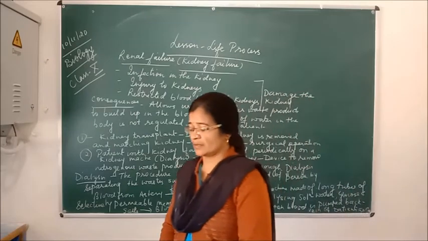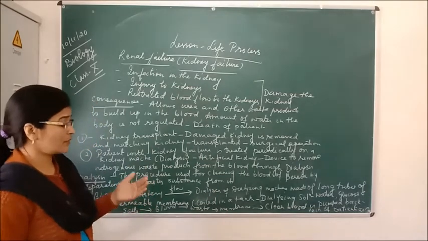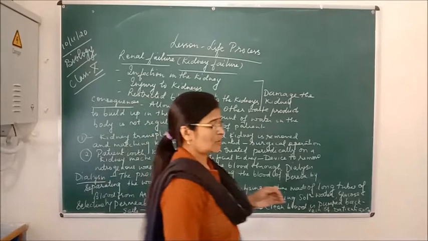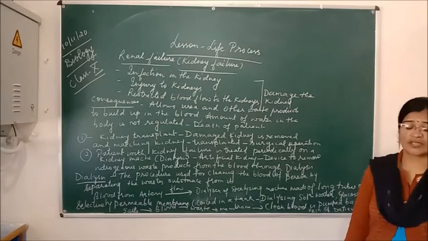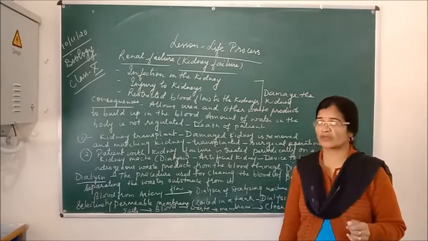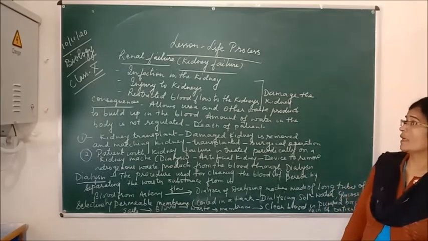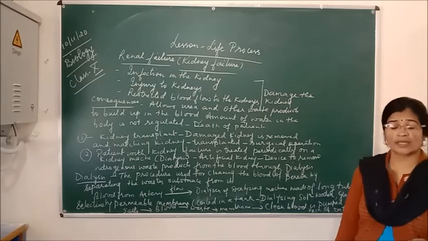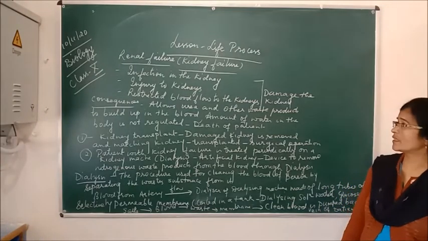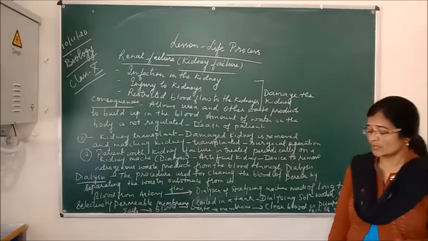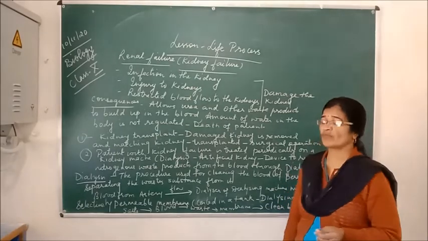So what is the solution for the proper functioning of the kidney, or how can the person survive? First of all, I will tell you about the cause of renal failure or kidney failure. Sometimes there is an infection in the kidney. Because of that, the kidney stops working and does not function properly, or we can say it gets damaged. Second, sometimes there is an injury to the kidneys due to some accident. And the third main reason is restricted blood flow to the kidney. So these are the three main reasons why the kidney gets damaged or stops functioning properly.